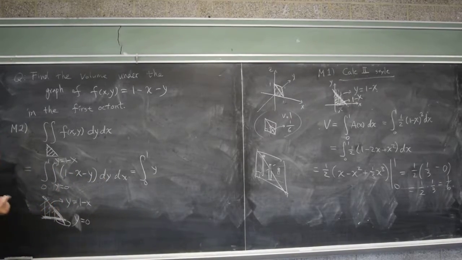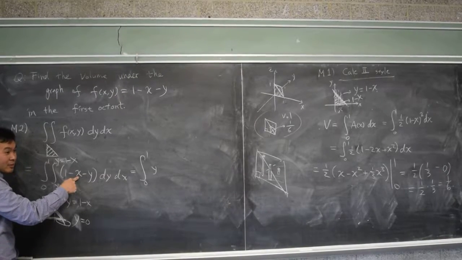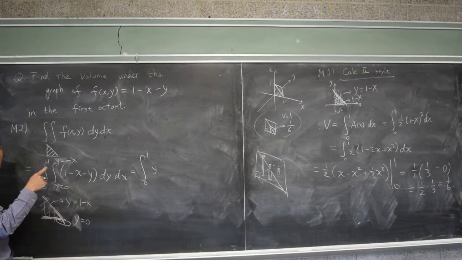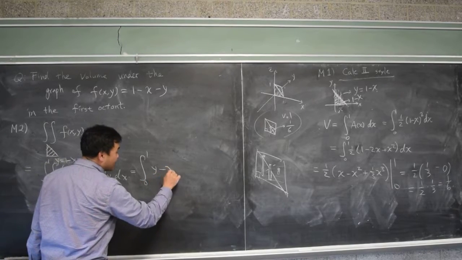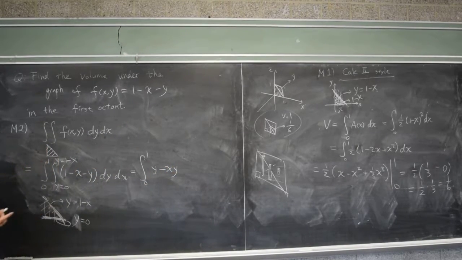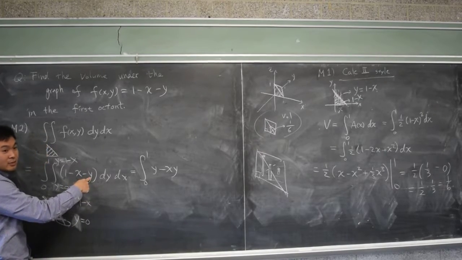So it's just like the opposite of partial derivatives. This is like partial integration. So if you integrate x by y, you get xy. Right? Because if you integrate 1, you get y, right? If you integrate y, you get